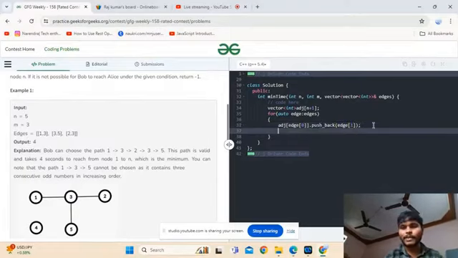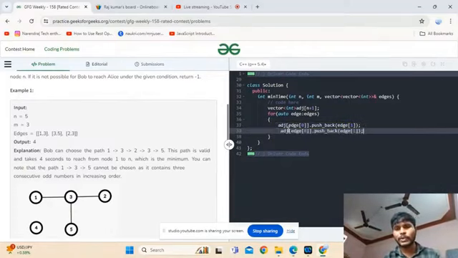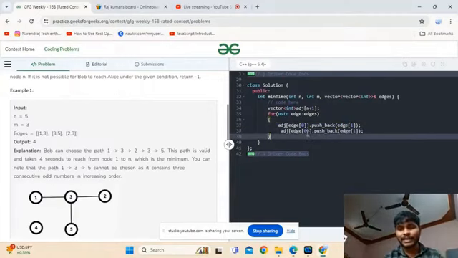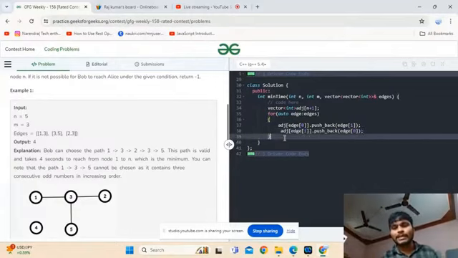Now this is a bidirectional graph, right? So I am taking both sides. I hope you know these basics. We have not entered the actual problem until now. So guys, here this is where I am making the adjacency list.